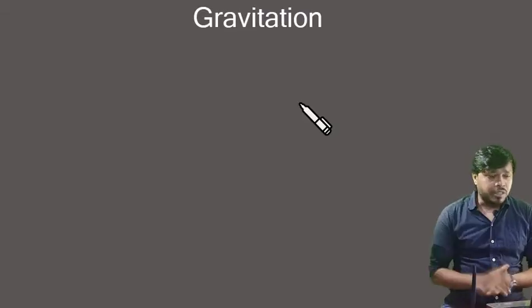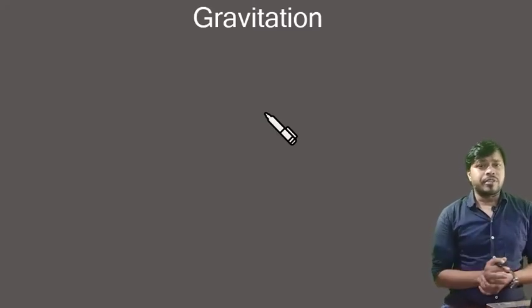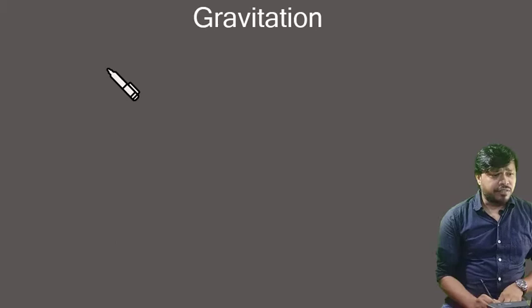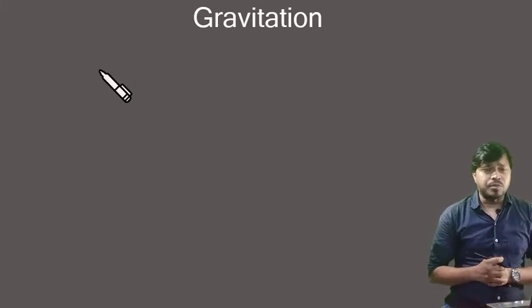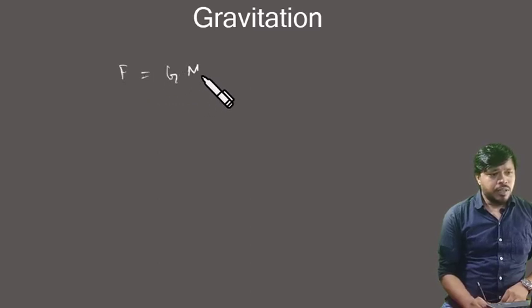In Physics Platter, we are discussing gravitation. So far, we have talked about Newton's 3 laws of gravitation and Kepler's 3 laws about the rotation of the planets around the sun. Newton's law of gravitation says that every two masses attract each other with a force, which is called the gravitational force, and that force is given as F equals to G m